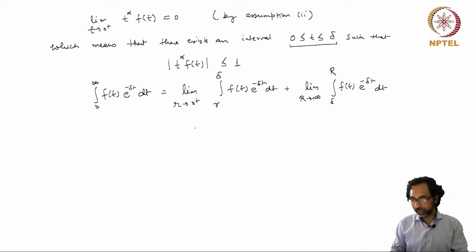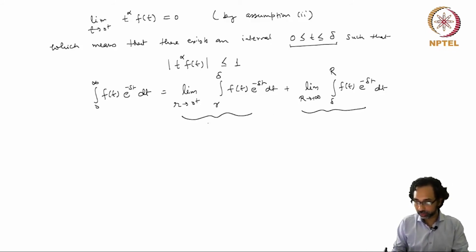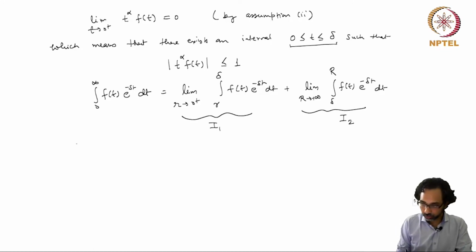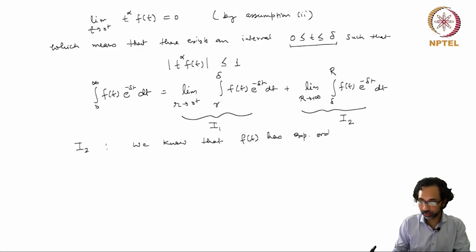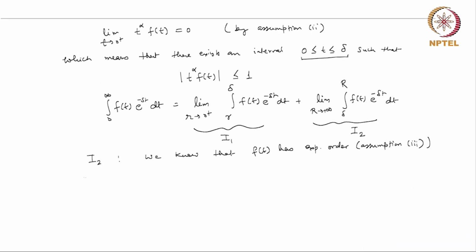Now let's look separately at these two limits. Let's take the second one first. Let me call the first one I1 and the second one I2. For I2, we know that the function f(t) has exponential order. This is by assumption 3, and remember that it is sufficient